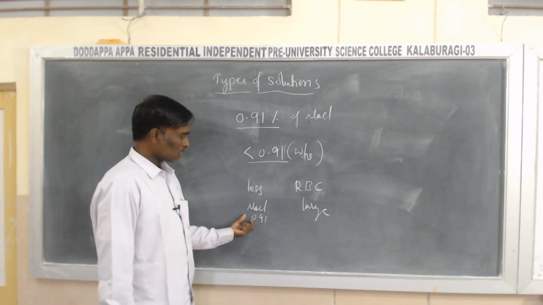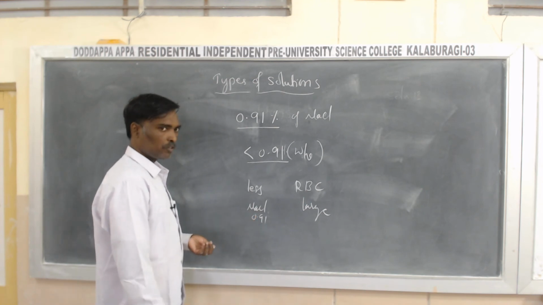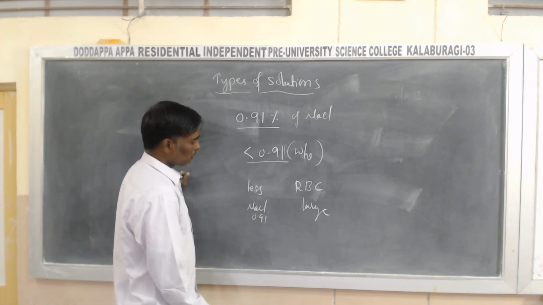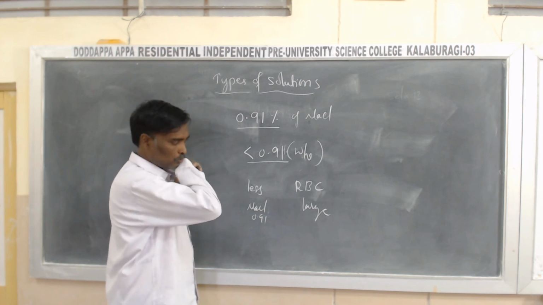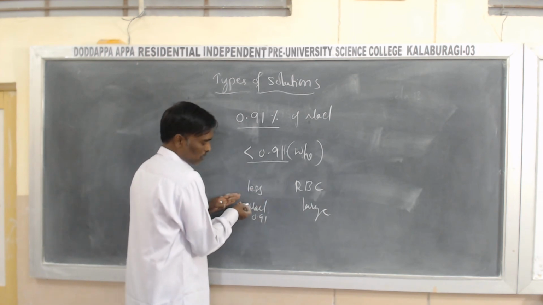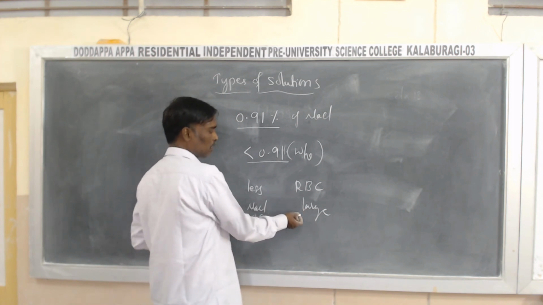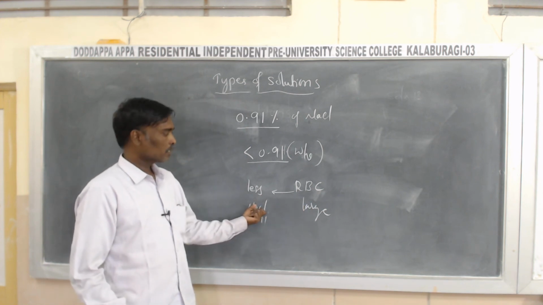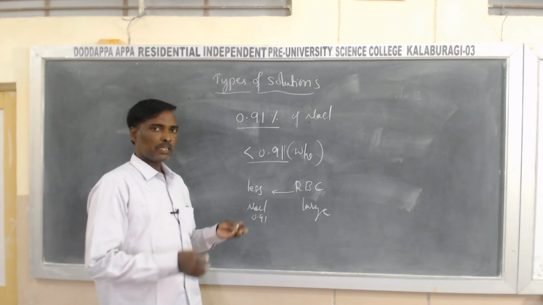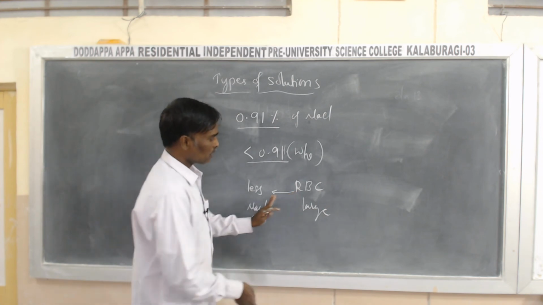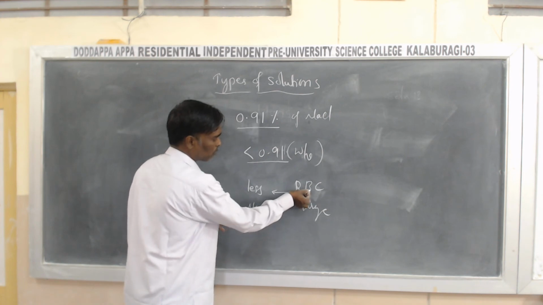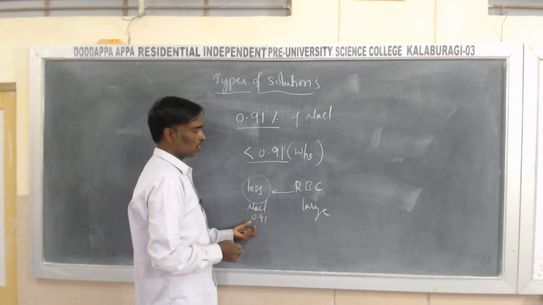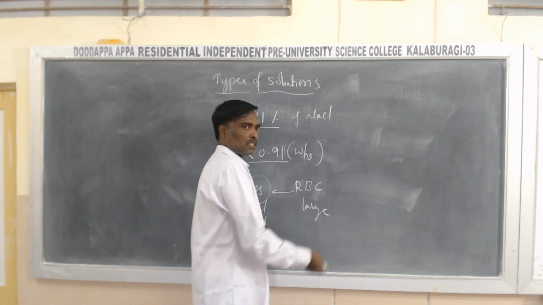If it is less, then the flow of fluid takes place. The flow of fluid takes place from a lower concentrated solution into a higher concentrated solution. So the concentration here is less and here it is large, so the flow of fluid takes place from the red blood cells to the NaCl solution, because the surrounding saline water concentration is less. So the red blood cells get shrunk.